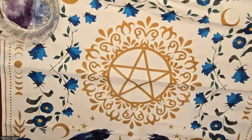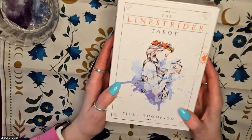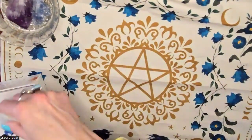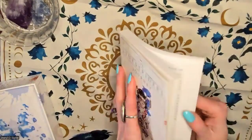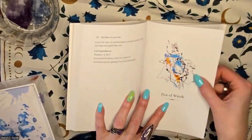The next one is the Linestrider Tarot by Siolo Thompson. This one is so spring. It is watercolor. I also have the mini of this. So this one has a big book, The Linestrider's Journey. And so she has a picture of the card